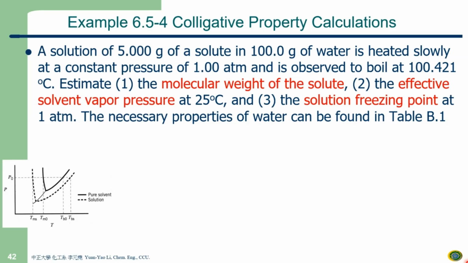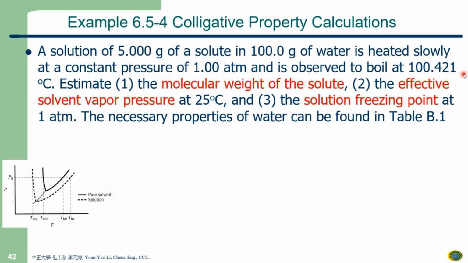Right. So here I just want to have a quick practice. Example 6.5-4, colligative properties calculation. A solution of 5 gram of the solute in 100 gram water is heated slowly at a constant pressure of 1 atm. You can regard the solute as sugar, 5 gram into water 100 gram, at 1 atm, and is observed to boil at